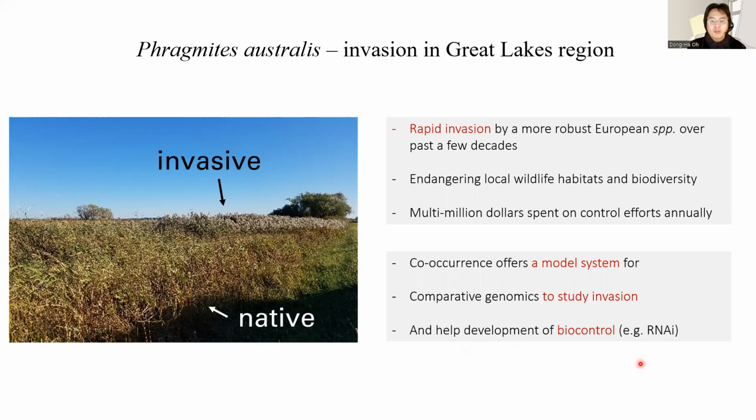development of biocontrol measures. So far, control of the reed invasions relies on mostly non-selective measures such as just cutting or burning and so on. So if we could develop a system to deliver, for example, inhibitory RNA molecules targeting genes specific to the invasive subspecies, we could control their growth in a more targeted way. So that is one of the big goals.